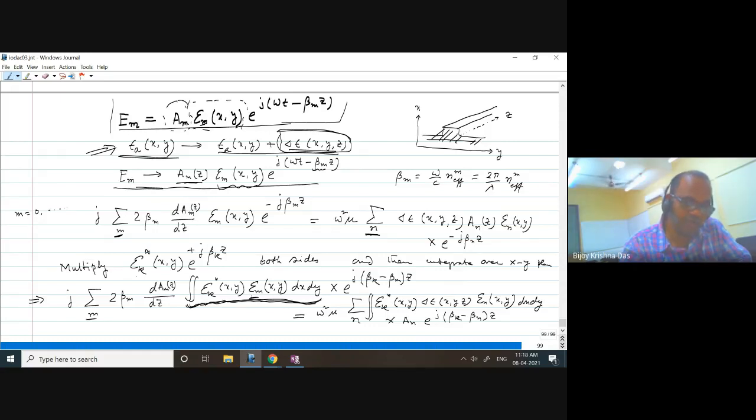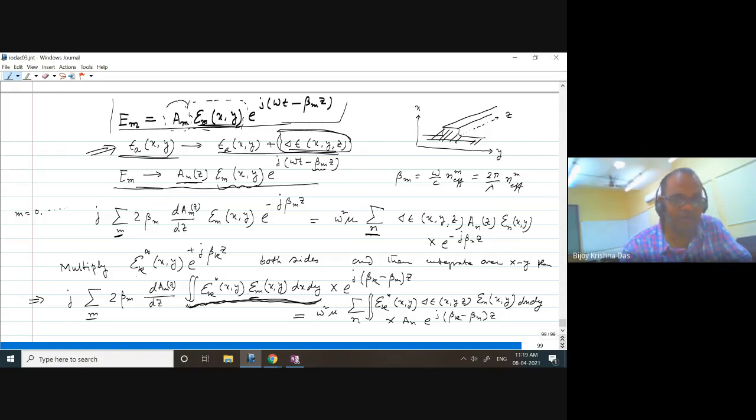So the left hand side will exist only when k equal to m. Is that correct? Any objection? Looking at the left hand side expression, I have considered that the perturbation is such that the field profile is not changed much. That is our assumption. If that is the case, from the orthogonality condition of the unperturbed waveguide, I know that the overlap integral between two modes will exist only when they are identical.